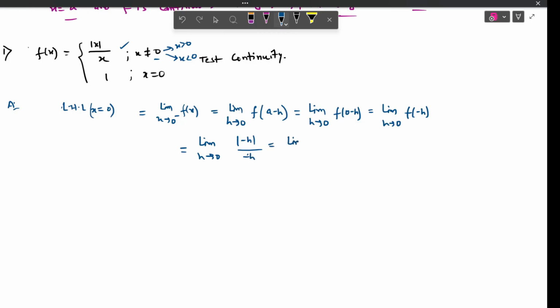So it would be limit h tends to 0 for mod of minus h. Mod of x is plus x if x greater than 0 and minus x if x less than 0. So if x is less than 0, then mod of x should be minus x. So here already minus sign is there, and mod of minus h would be minus of minus h, so it would be plus of h. So plus of h by minus of h, h cancels out, it would be minus 1,